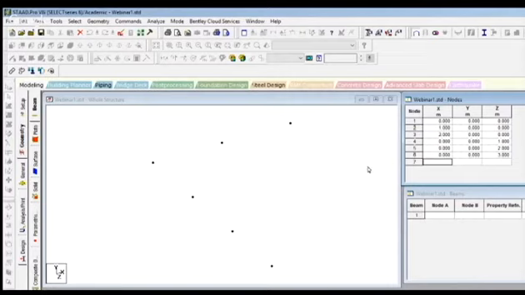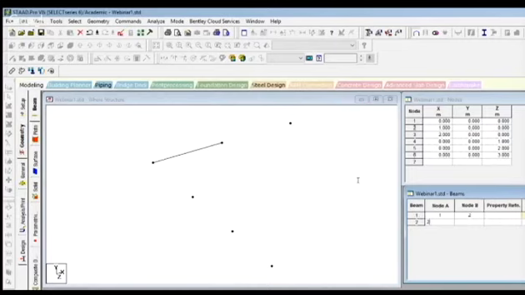After adding the nodes, we will add members. To add a member, you need to define a member between two nodes. So basically, for beam number 1, you need to define from which node to which node. As soon as you give two nodes to one member, a member will be defined. So I'm putting it, member 1 will be from node 1 to node 2. Can you see here? There's one member inserted in this window. The member is modeled.